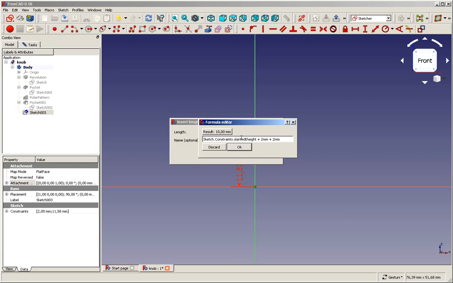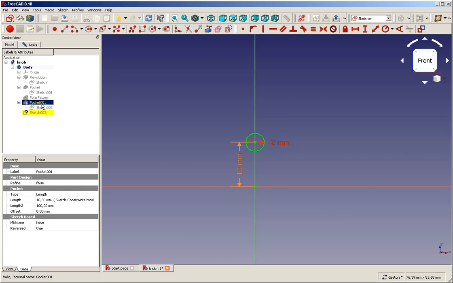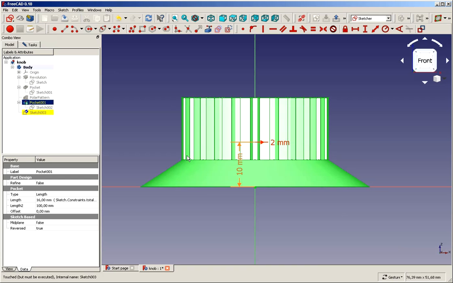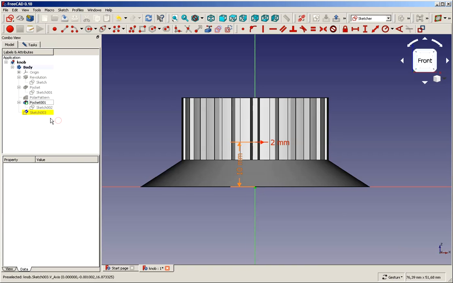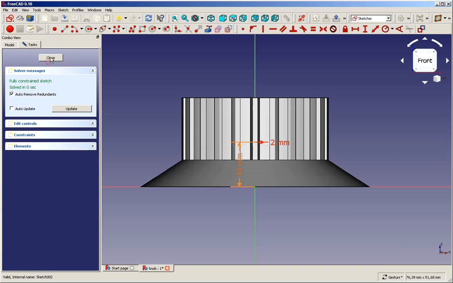we add the radius, which is again 2 mm. So this would be the slanted height, 2 mm above it, and as we define the center of the hole, the 2 mm, which are the radius divided by 2. So this should, if we look again, put it into a place that's high enough over the slant and still not too far upwards. So that's pretty nice, and all we need to do is, it's fully constrained, we close,